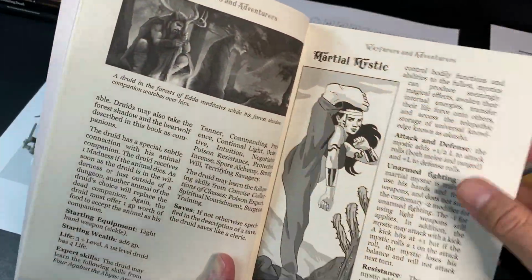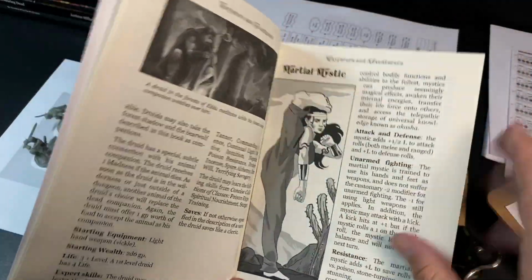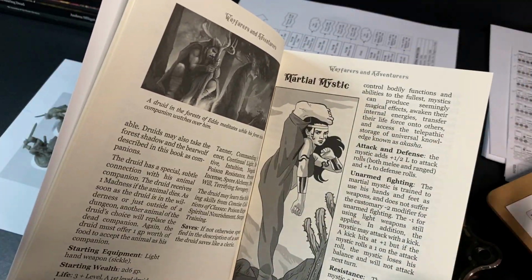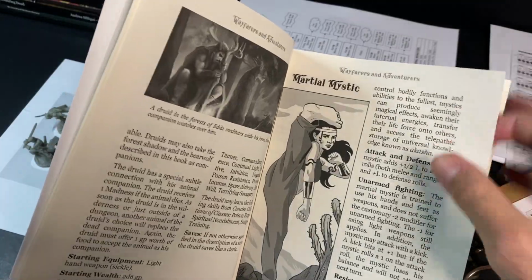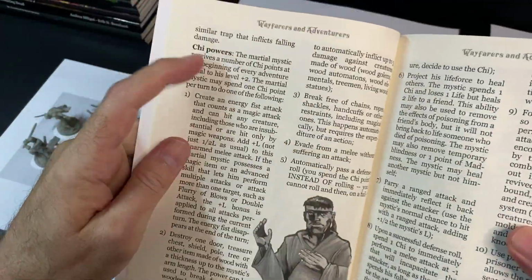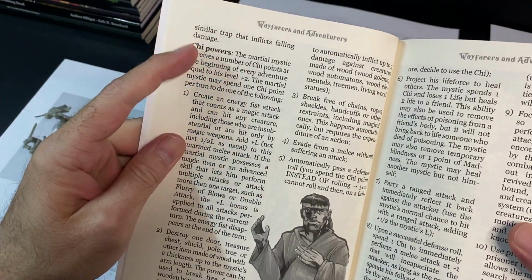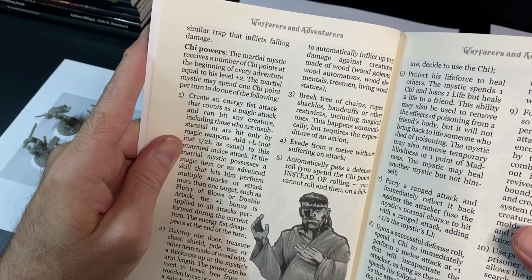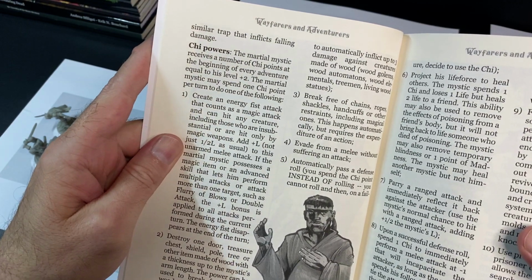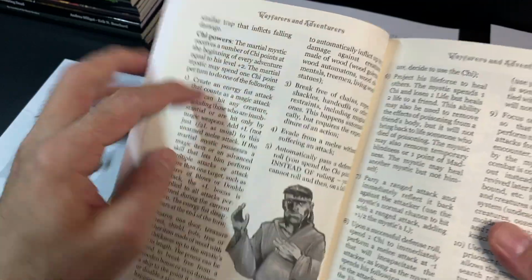We get a martial mystic, which is kind of a sister, a sibling, a cousin to the monk, and they specialize in unarmed fighting, and they get these chi powers. The martial mystic receives a number of chi points at the beginning of every adventure equal to the level plus 2, and then they can spend those to do a whole bunch of different things,